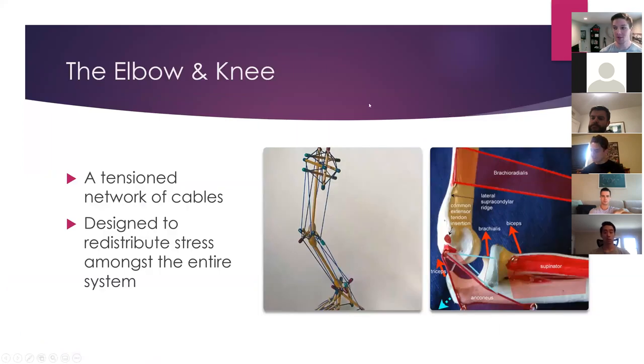So now to make this a little bit more anatomically specific, let's look at these two structures right here, the elbow and the knee. So look at this knee right here. I think that's the one that kind of shows this idea of a tension network of cables. Do you see that if you were to study this image really, really closely,